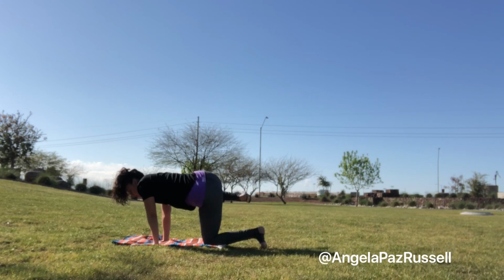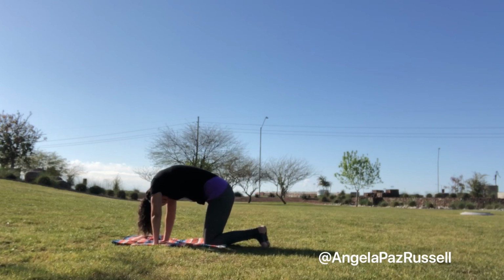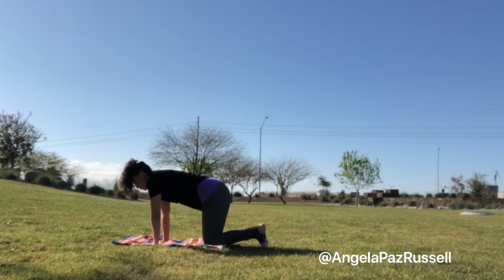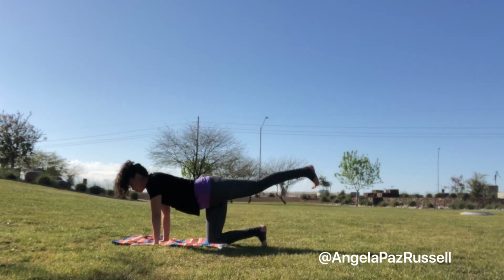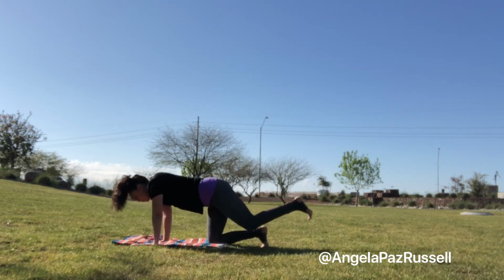Lift and lower. Lift, lower, lift, lower, lift, lower. Right knee comes down, and we'll take a quick round of cow-cat. Making our way back to our table, extend the left leg out, round knee toward nose, inhale, lift and extend